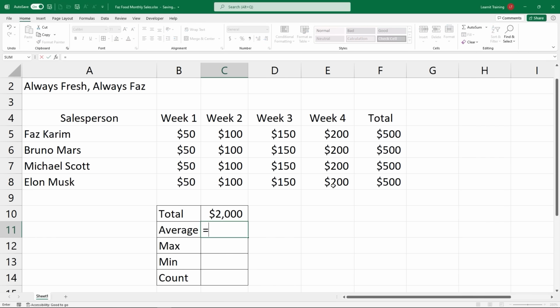In the average, there's also another function that I can find. Once I type in AV, I can go down and find average and click tab to fill in the rest for me. And of course, I'm just going to highlight week 1 through week 4 to find me the average